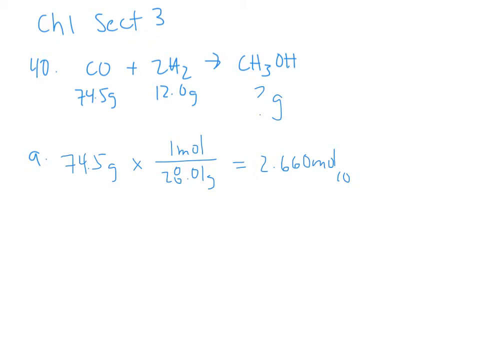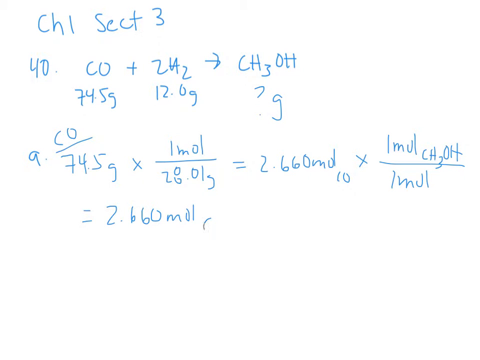And since this equation is balanced, I see there's a 1-to-1 ratio of methanol with CO. So this is also the yield I can expect from my CO, will yield 2.66 moles of CH3OH. So then I could go ahead and compare that with what the H2 will yield, and 12.0 grams of H2 divided by 2.02